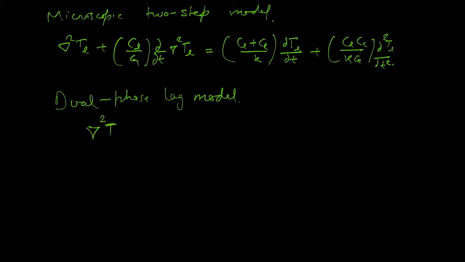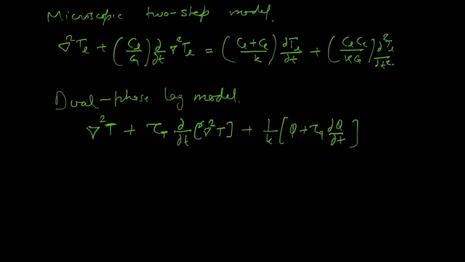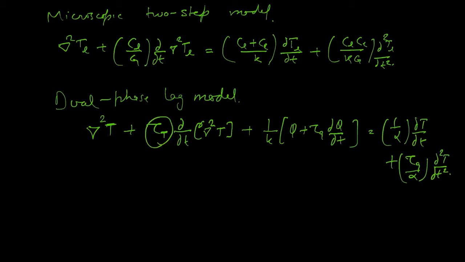We define just one common temperature, and of course there is this tau T. There are two phase lags. We are including the temperature phase lag, which is given by tau T, del by del t, gradient square of T, plus 1 over k, and I will define what this term is, tau q del q by del t. We are not going through the derivation again and again because these are very similar equations. Plus tau q by alpha del 2T by del t. Okay, so there are two phase lags we have defined. One is the temperature phase lag.